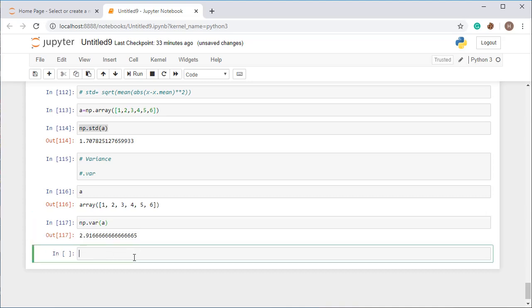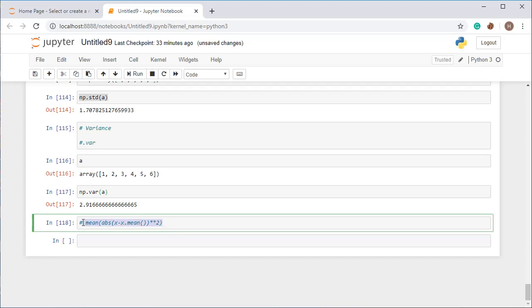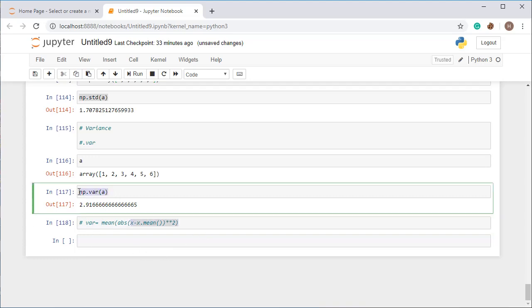It is the mean of the absolute of x minus x.mean, the whole to the power 2. So this one is the formula for variance, not for mean. Variance is equal to this. You can calculate it using a single line, .var, in place of this formula.